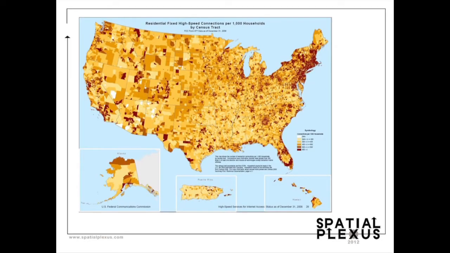When we talk about why we need parcels and what issue they solve, this is from the Federal Communications Commission, the broadband connections. The idea is to deliver the broadband connection to every single household, every single household on every single parcel, right, to get high-speed access to support these mobile devices that are coming out like mad. This might be by census tract, but ultimately it has to be parcel by parcel.